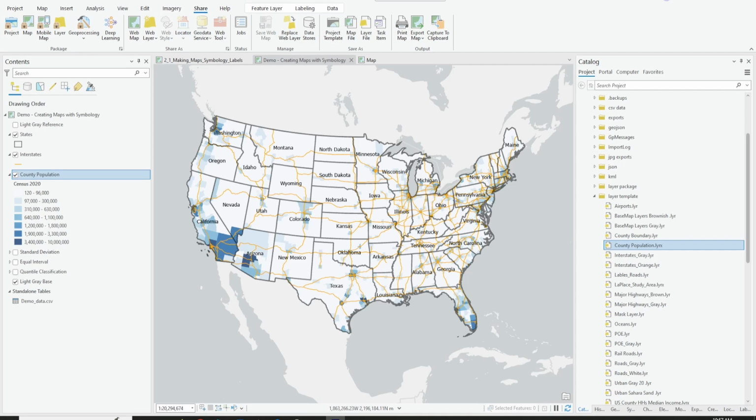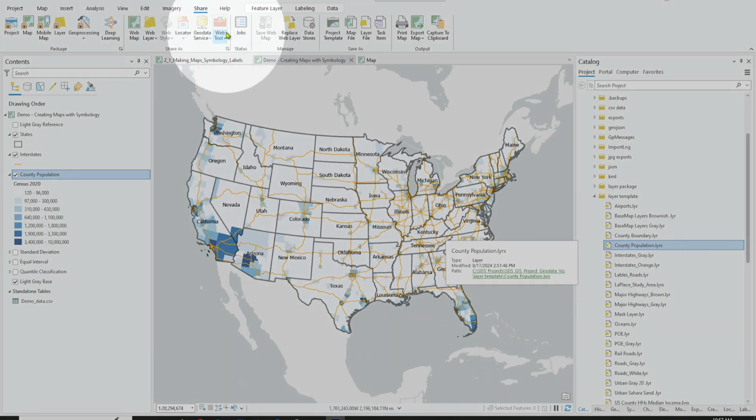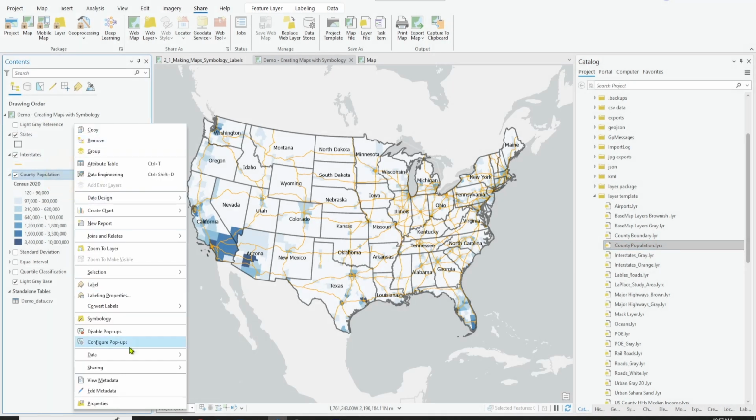Welcome to this ArcGIS Pro training video. In this session, we'll dive into sharing layers effectively using the Save as Layer File option. Specifically, we'll explore why creating a layer file is essential for preserving your symbology, settings, and making your work easily